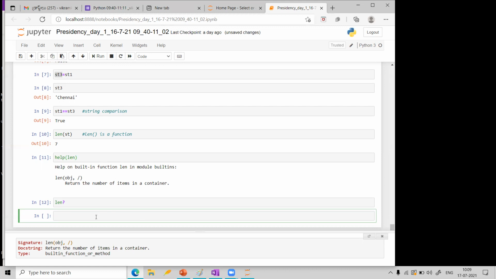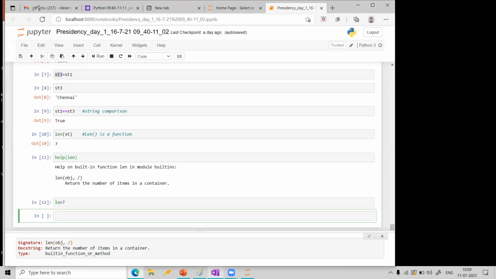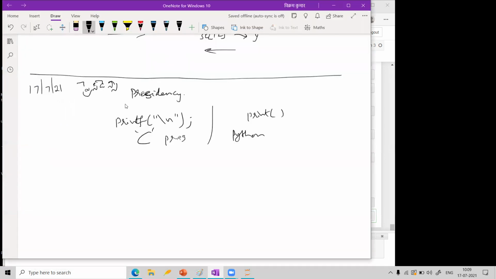I want to convert everything into capital letters. Suppose I have Chennai, and I want to convert it into capital letters.